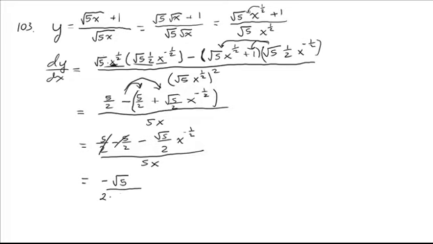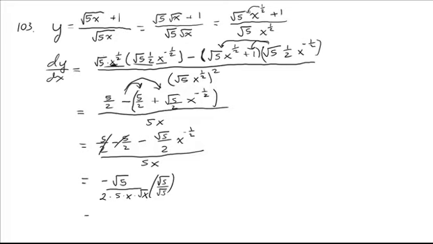We have 2 times 5 times this x. And then when this goes in the bottom, it's going to be times a square root of x. Now to get it to match the answer key, I'm going to multiply by rad 5 over rad 5,